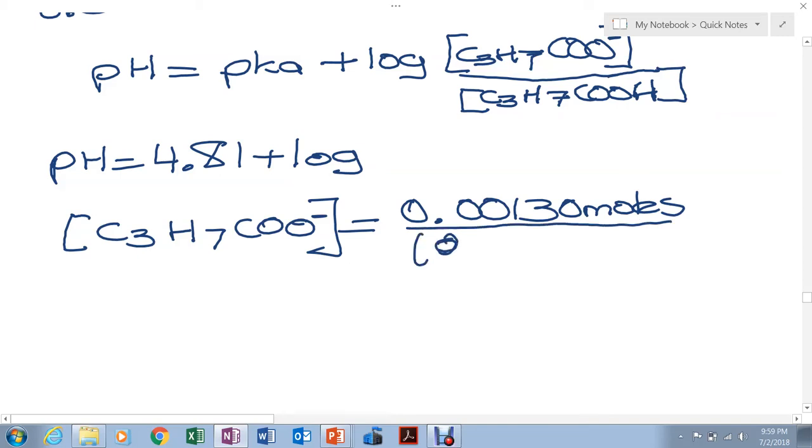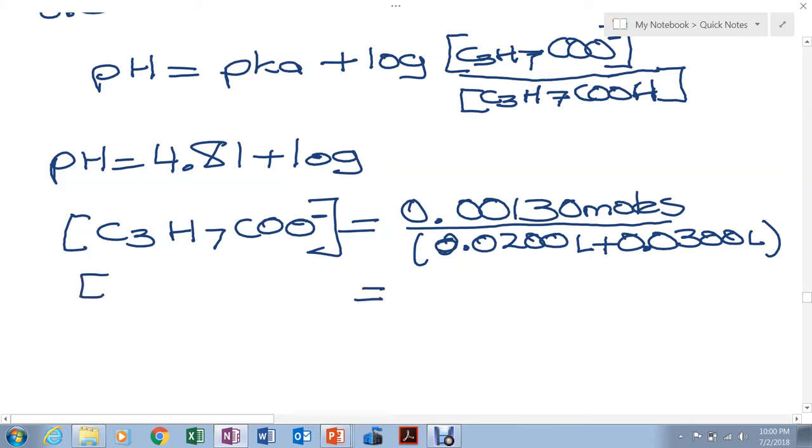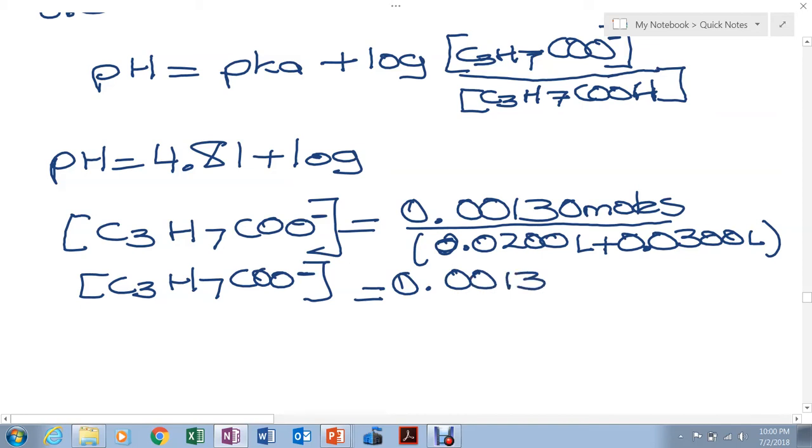Let's put it in liters: 0.020 liters plus what you added, and it was 30 milliliters, so it's going to be 0.0300 liter. So that gives me the concentration of the base is going to be equal to 0.0013 divided by